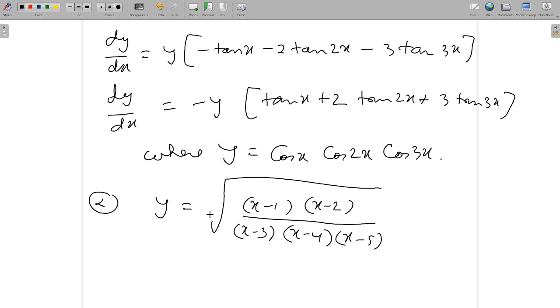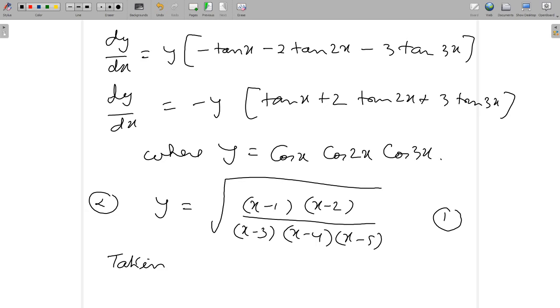So here there are so many terms involved. There is multiplication also and division also, and also there is a square root. So the best thing is that we'll use here logarithmic differentiation, because that will make it far easier. So like the earlier one, let us call this equation number 1. So writing the very first step, that is taking log both sides.